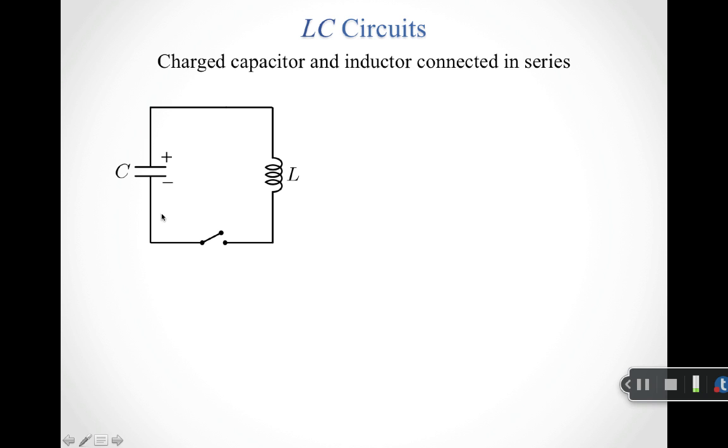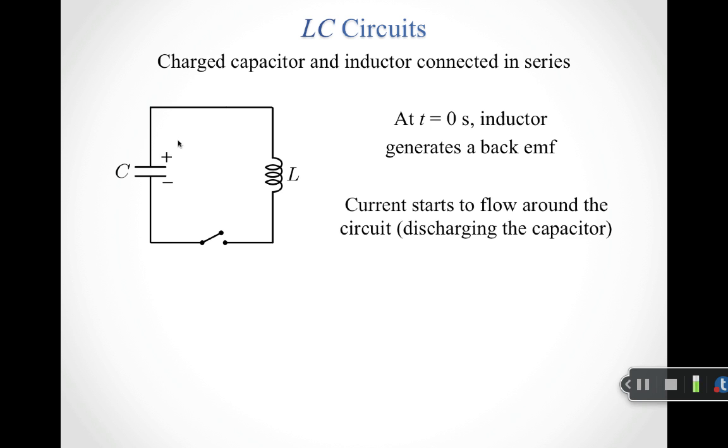So the situation for an LC circuit is we're going to start with a charged capacitor. We're going to connect it in series to an inductor, and then we're going to have a switch that we can close. Initially our capacitor is charged. When we close the switch, the inductor is going to generate a back EMF so that no current flows for that initial instant. Current will start to flow, discharging the capacitor after this initial instant where the back EMF is equal to the